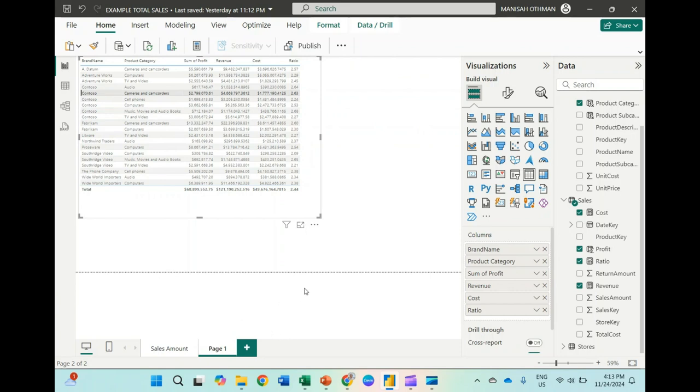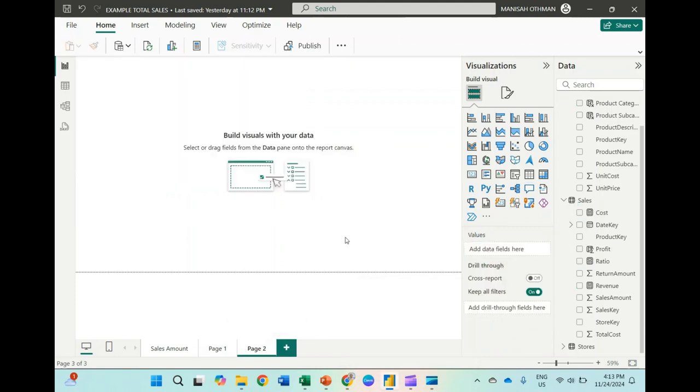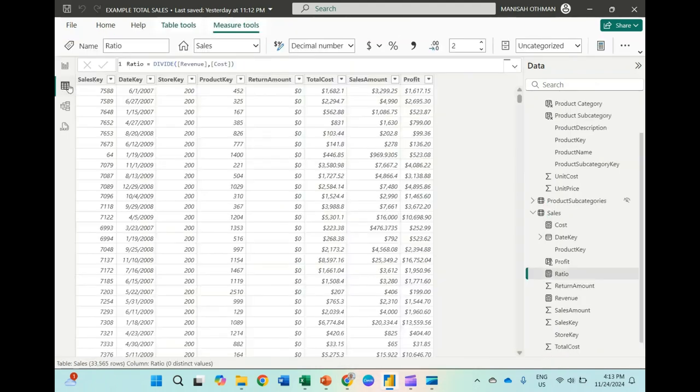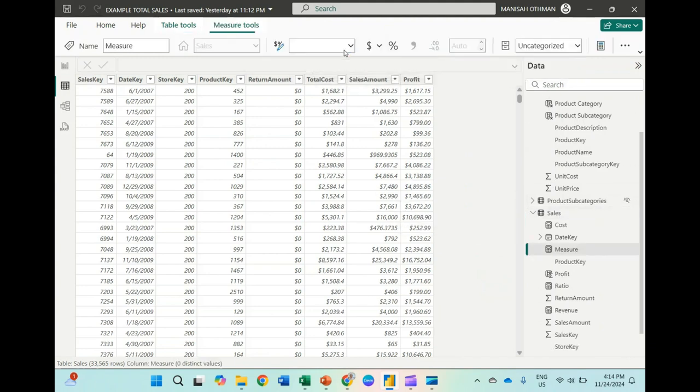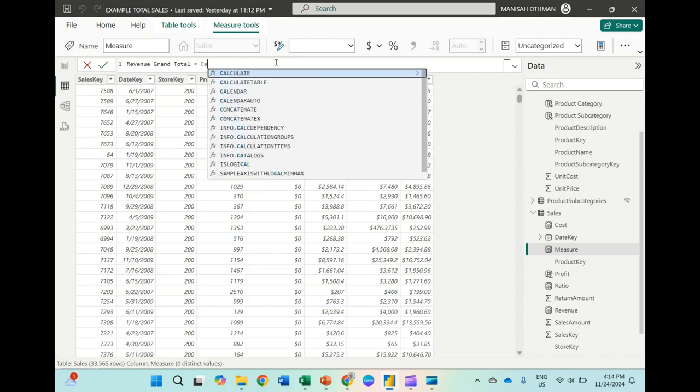Okay, so next one we want to calculate a filter. We want to do a filtering. Okay, so let's say I add a new page here. Okay, filtering, new measure in sales, same as previous. We put in a new measure. Okay, revenue grand total equals to calculate.